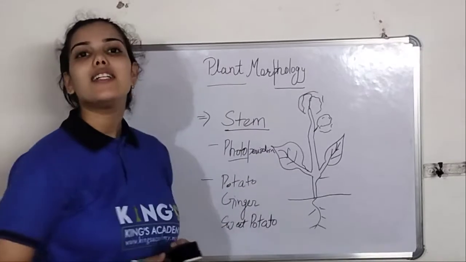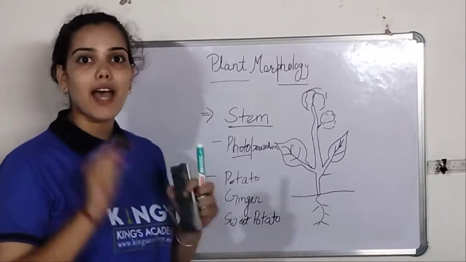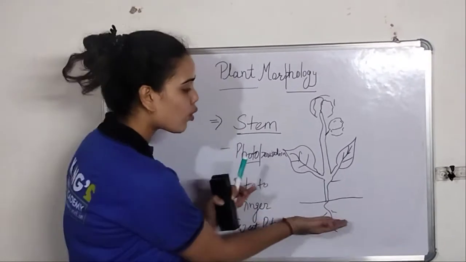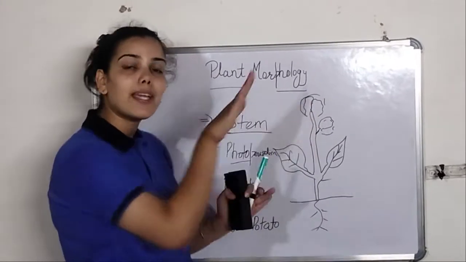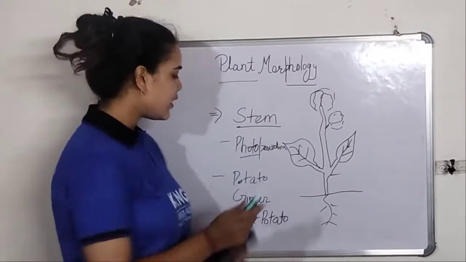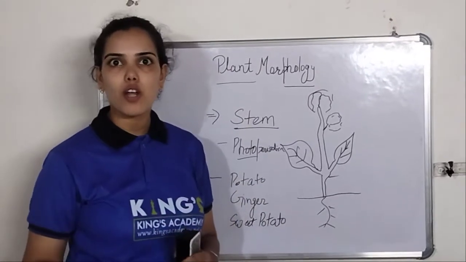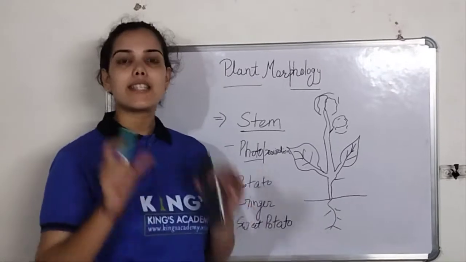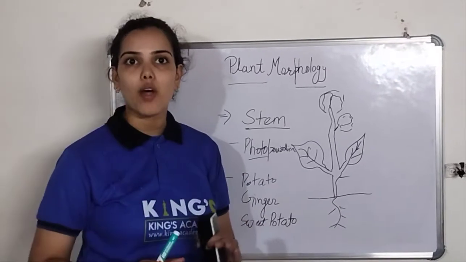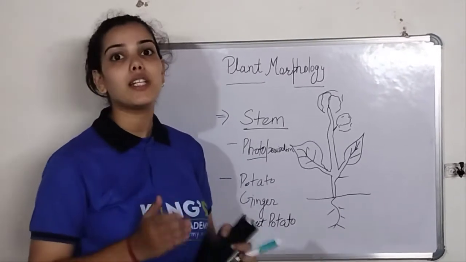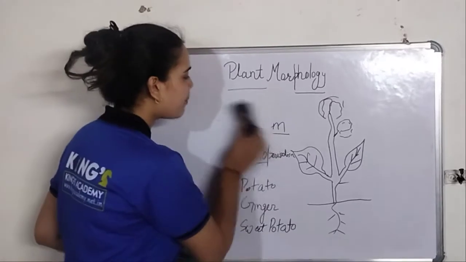So these are the examples which show us that stem is not only the portion which grows upwards. Stem can be in the soil, right? So these are the examples like potato, ginger, rhizome, and so many other examples, which indicate that stem also lies within the soil, beneath the soil, right? And the another part is